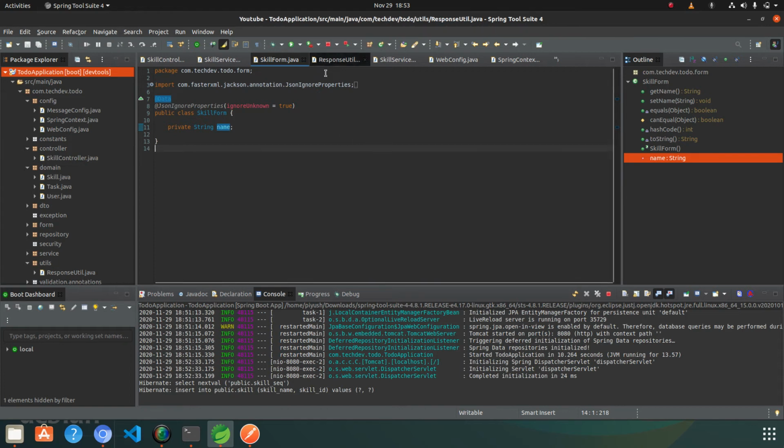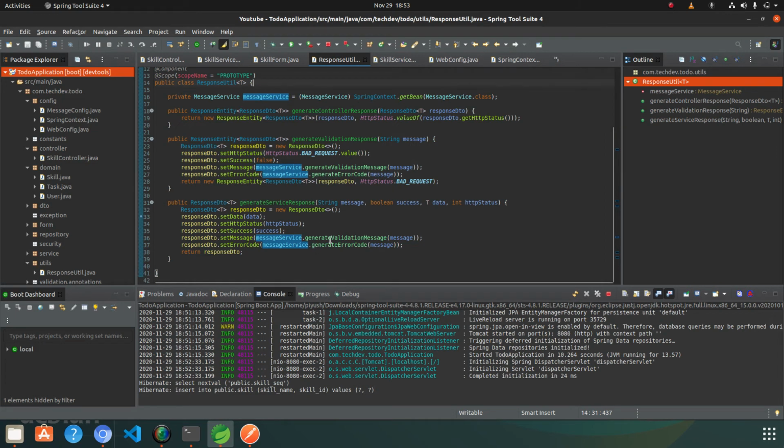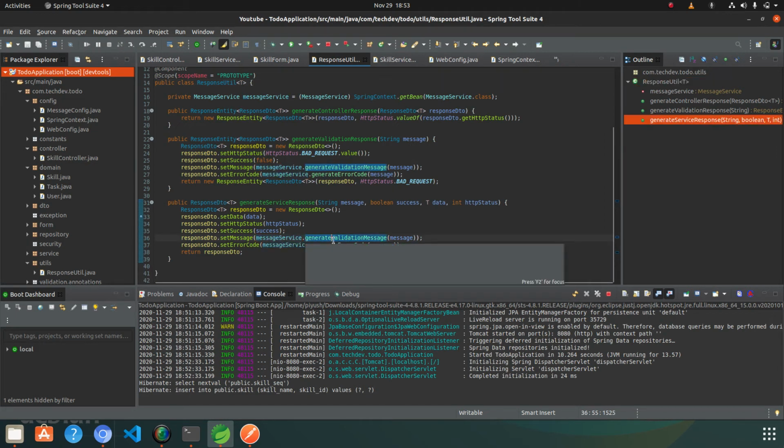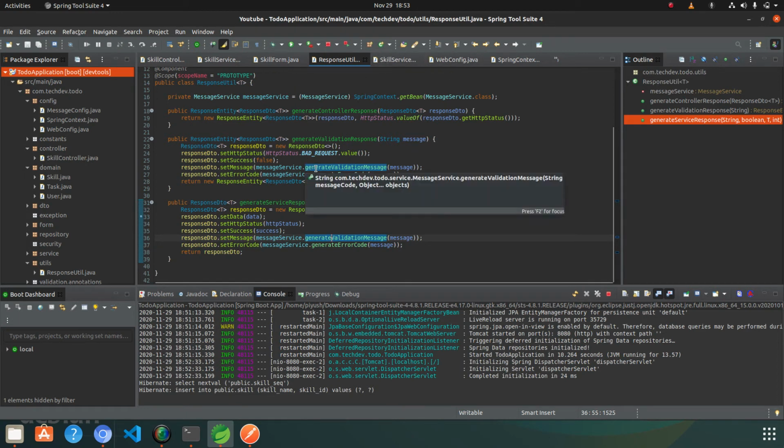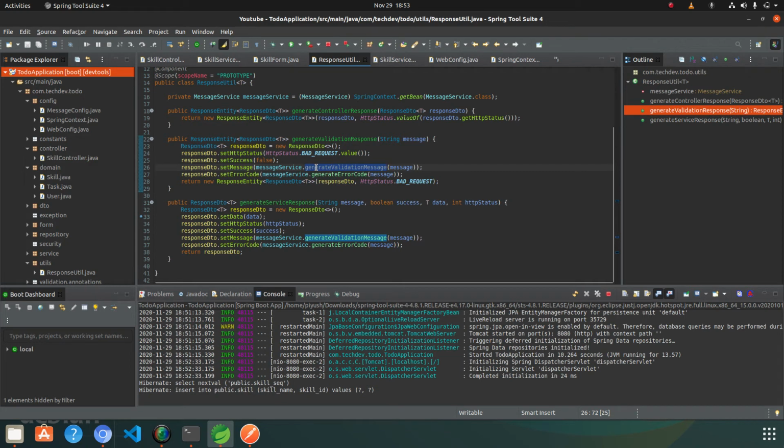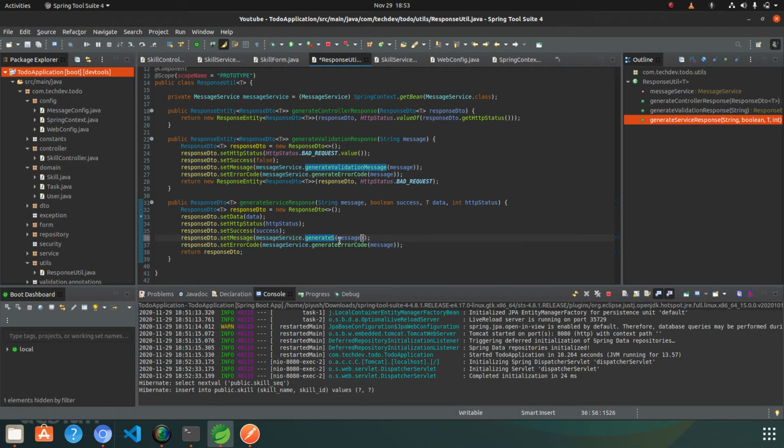Let me check. In the response util, I am using the generate validation message method. Sorry for that, guys. By mistake, I have taken the generate validation message here instead of generate service message. Generate service message, and this will be the same.